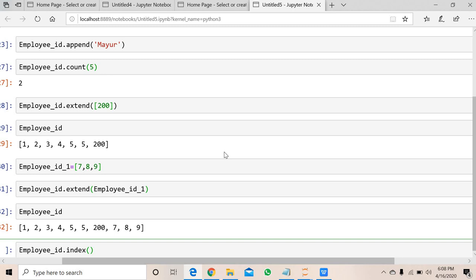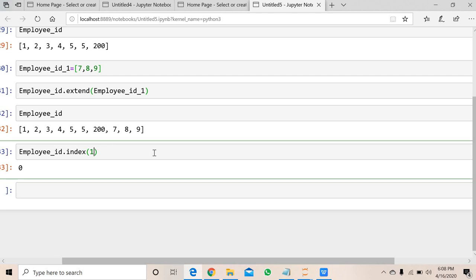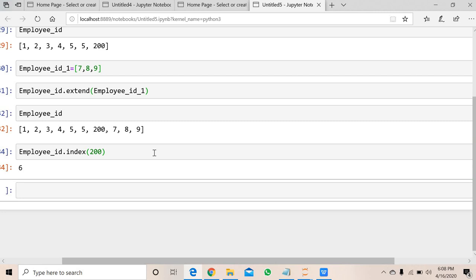If you want to check the index of 1, it is 0. The index of 200 is 6. Always remember index starts with 0. This is the index function.